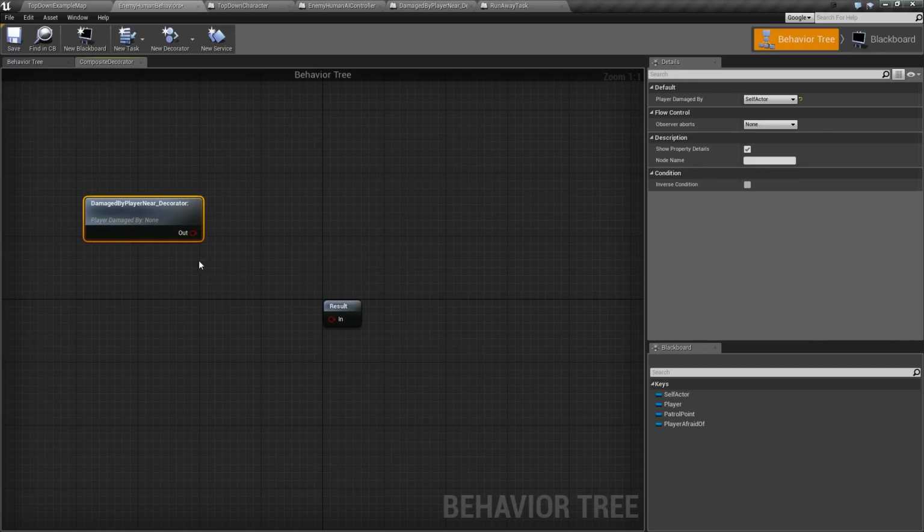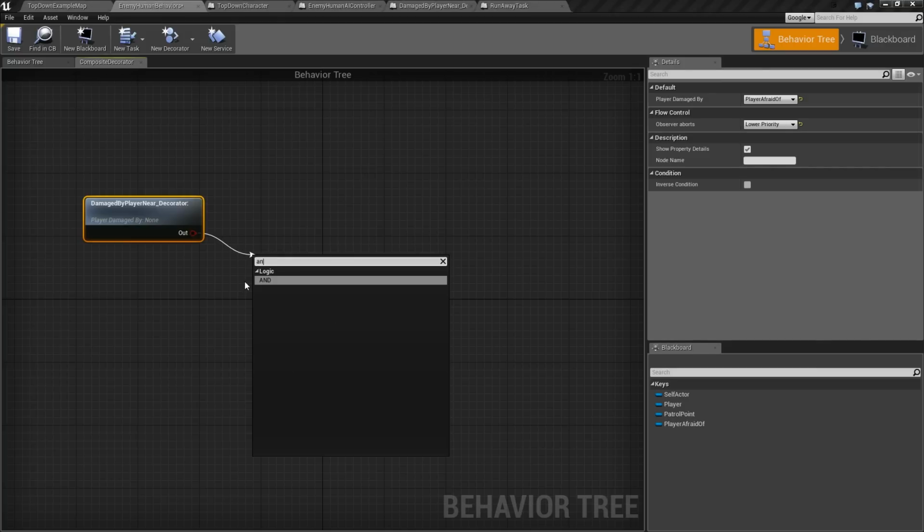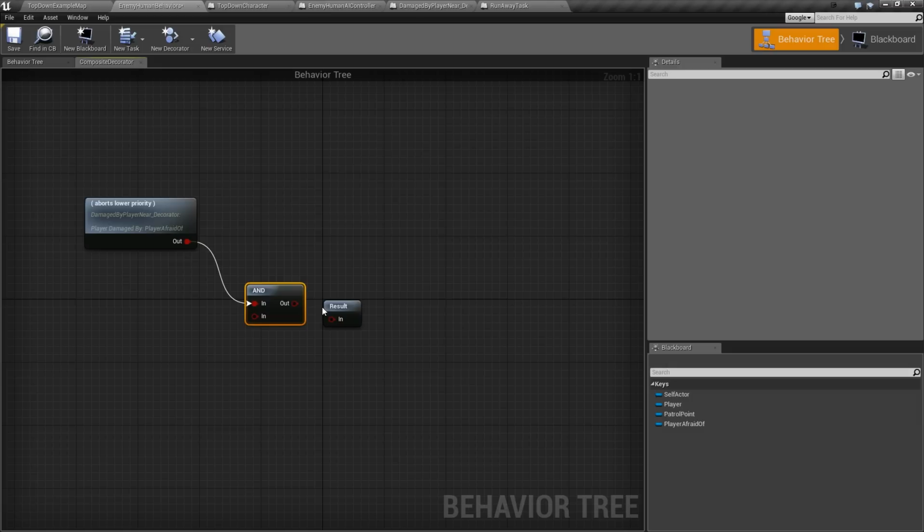So we can say, okay, what is the result of our damage by player, player afraid of, still abort lower priorities. We could put that there. But more likely when you're doing a composite, you would have something like an and or an or whatever else. So you might say, okay, if they're damaged and